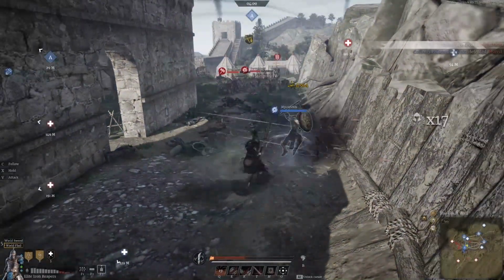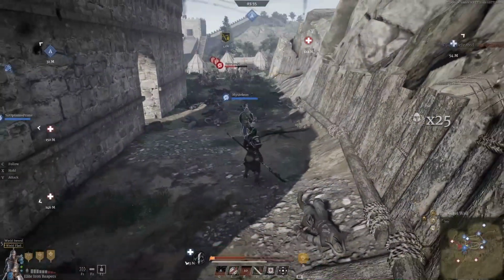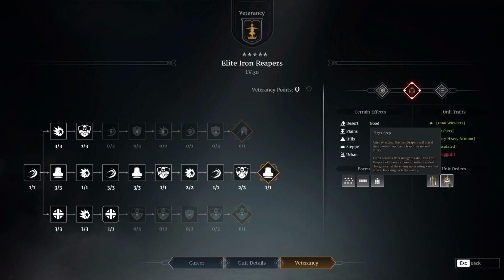So first off, I'm just going to show you my build. I would suggest you go for this build for the Iron Reapers because I have tried all the 3 different trees, and from what I have played, I would say this is the best way of doing it. So go all the way down the middle line, that way you will be getting some decent kind of defenses and attacks from that one. The top line will give you a little bit more attack, and the bottom line will give you a heal for your unit as well, which is very, very useful, and it can obviously bring up their HP a little